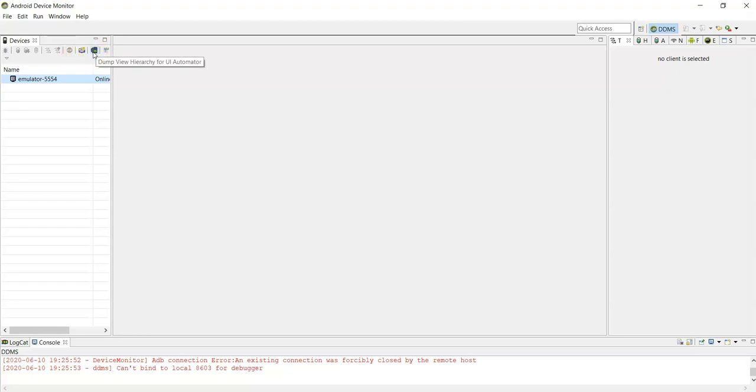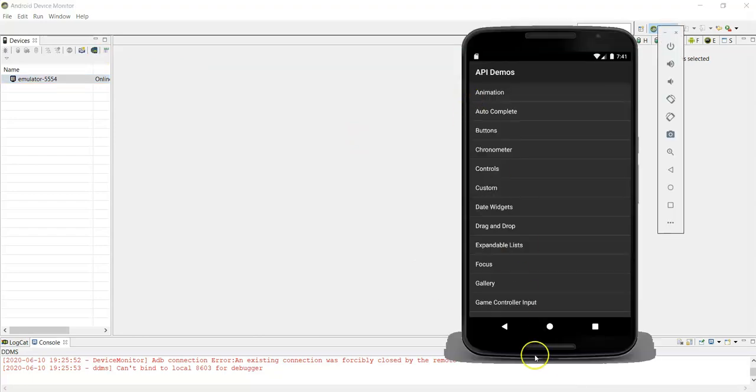Now open the app in the emulator or device, just like we did in the previous example. If we want to find the locator of Views in this case, open the app and then navigate to this particular screen where you want to identify the locators.